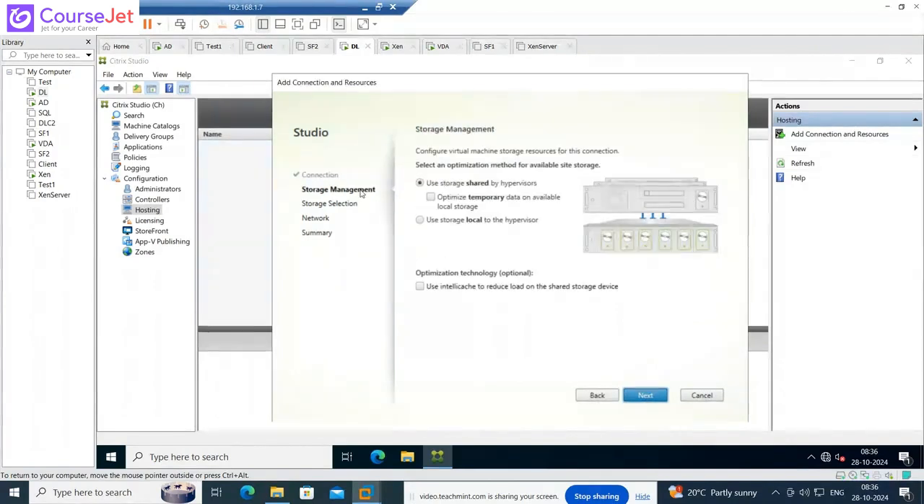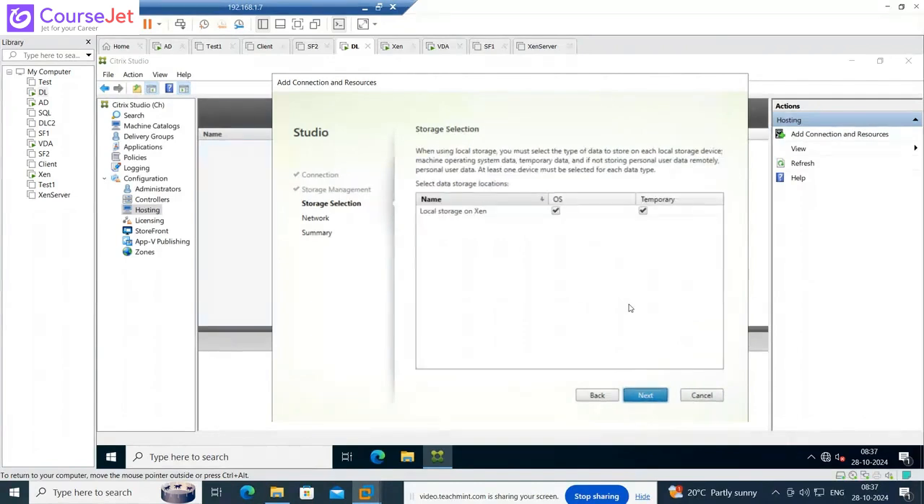So initial authentication and connection is passed on. Now it's going to the storage management. So if we have a shared storage, SAN storage, whatever it is, that we can use it here. But right now we don't have anything, so we can use the hypervisor local storage. So click on next. So this is the storage which is on the Zen server. So it's taken up the storage here. So click on next,